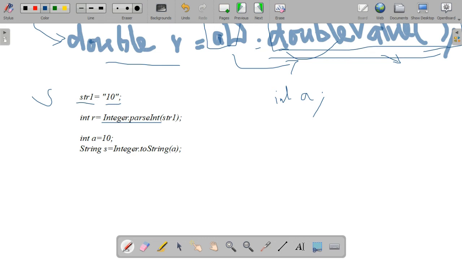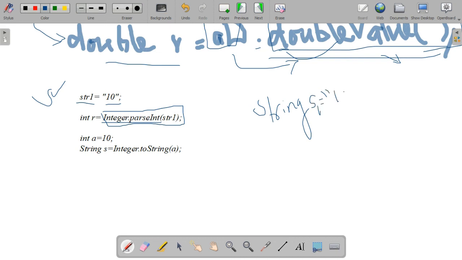You just learned converting a string into an integer using this statement: Integer dot parseInt of that particular string variable. Whichever variable we initialized as a string, we have to pass it here. For example, in some cases for some calculation we need to read as a string, then we convert into an integer.